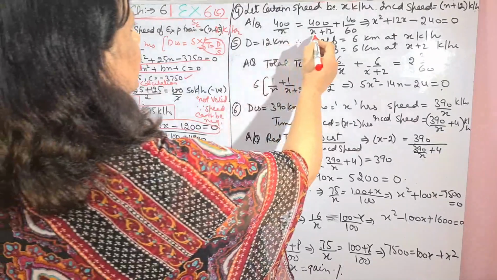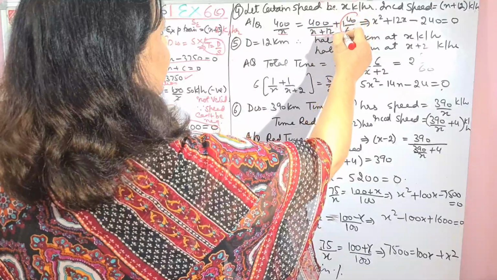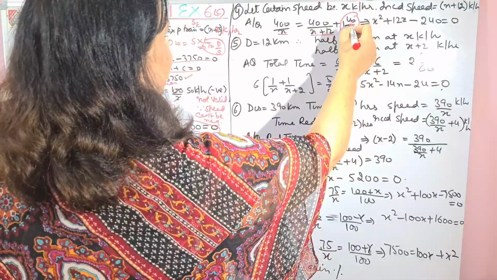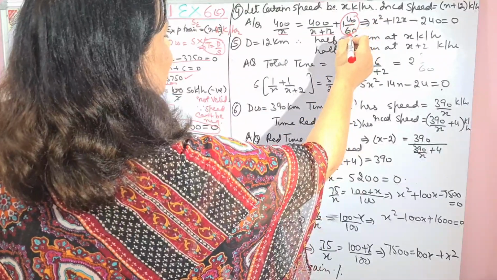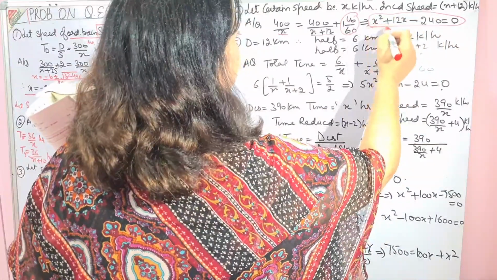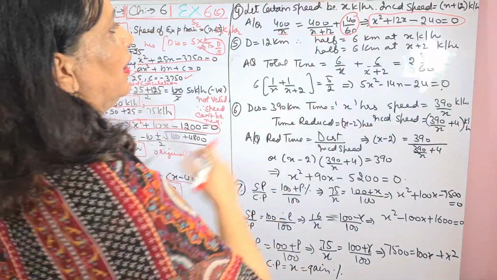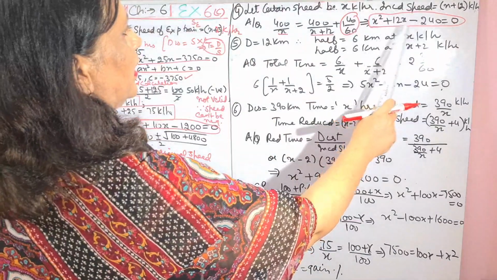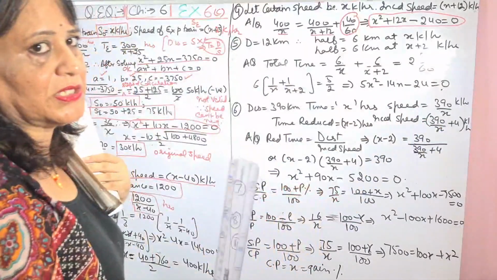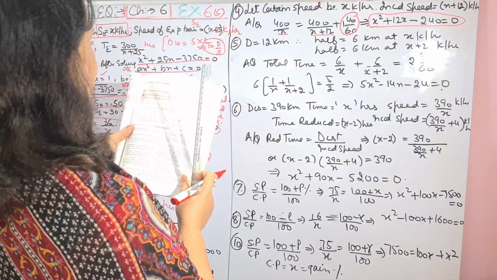Over here, in the denominator, x plus 12 is more than x, so on that side I have added the time, and since it was 40 minutes, I changed it into hours by dividing by 60, and this is your required quadratic form, which you will solve and get the answer. I have left the equation till here, and the rest you will do. Now you must have understood the basics of it. Then coming to question number 5.